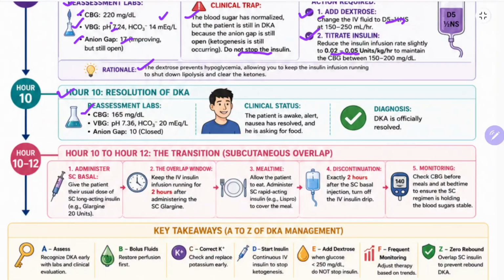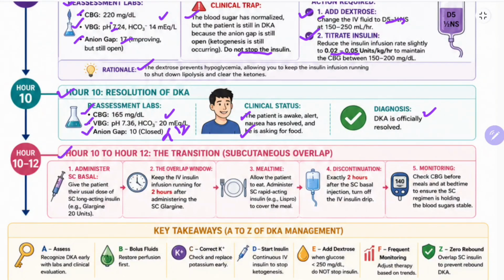labs: CBG is 165 milligram per deciliter. VBG pH is now more than 7.3. Bicarbonate is more than 18. Anion gap is 10. Anion gap is now closed, so 10 meaning less than 12. Clinical status: the patient is awake, alert, nausea has resolved, and he is asking for food. So DKA is officially